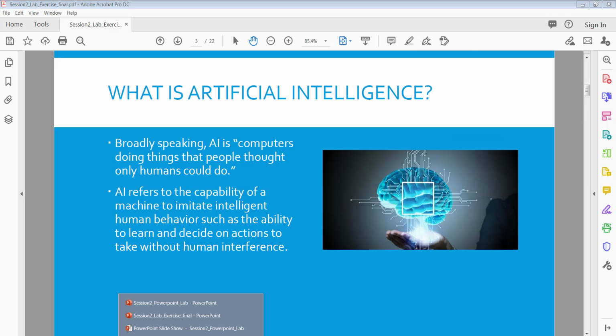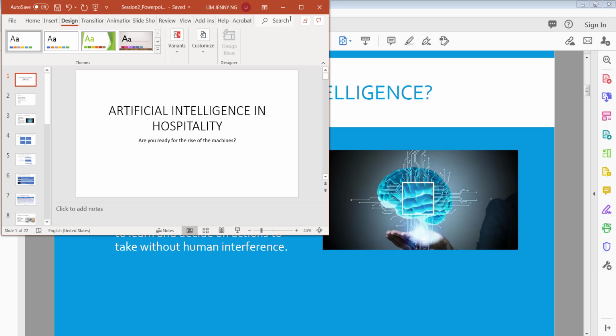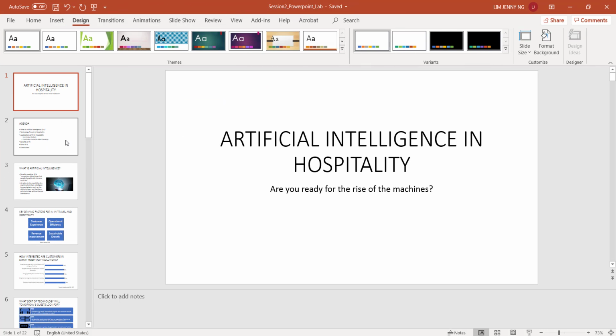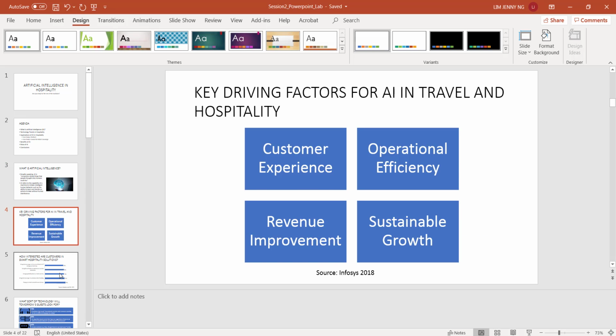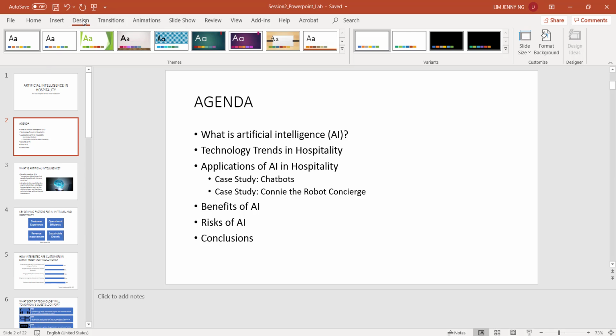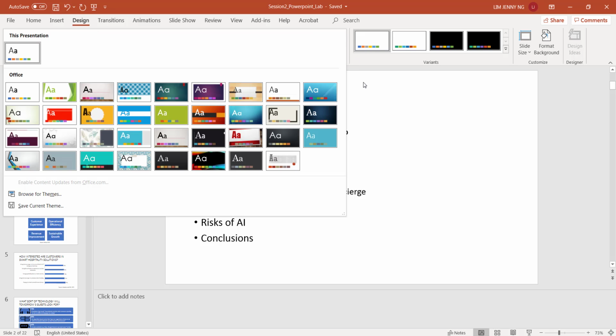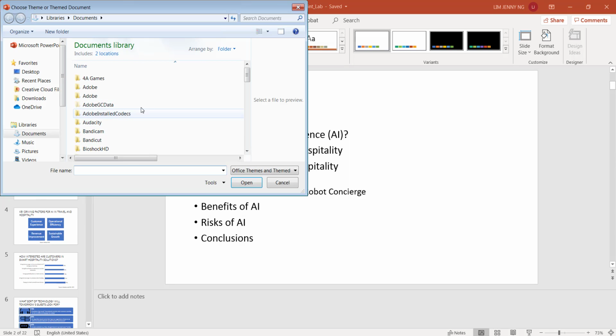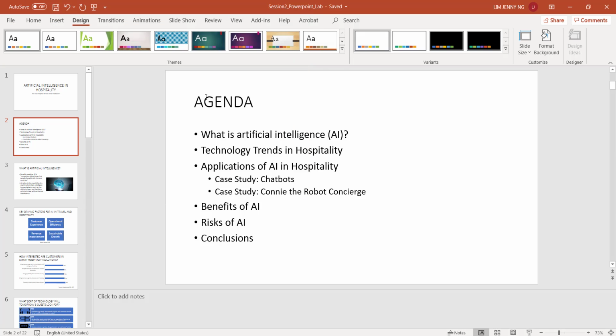And currently our presentation looks quite plain because it has a white background. And now we're going to apply a design theme by clicking on design, and you'll see here there's a group here called themes. And if you click this arrow here, you can see all the themes that are currently installed on your computer. And if you have some themes that you've downloaded from the internet, you can browse for them and look for them where you save them. But I'm just going to use whatever themes are already pre-installed with my PowerPoint